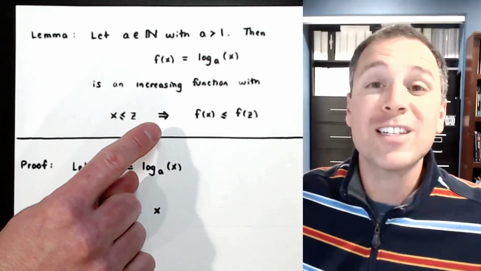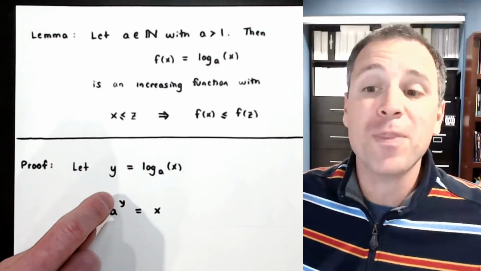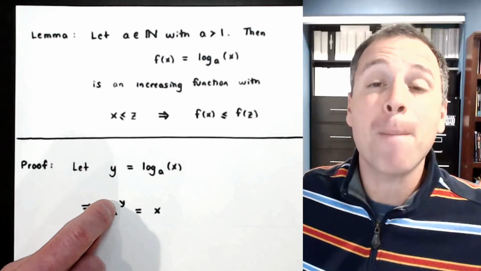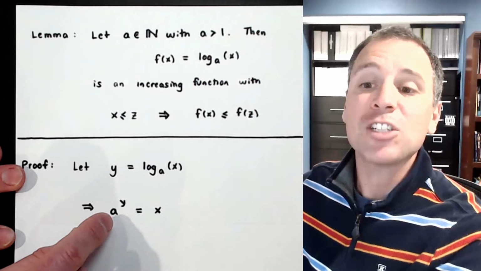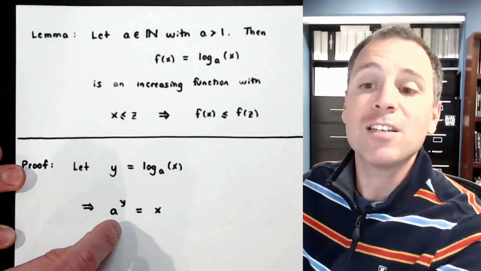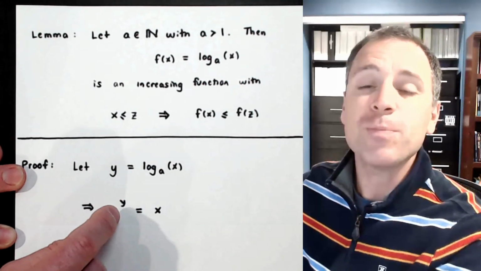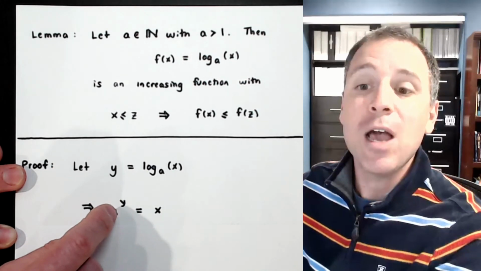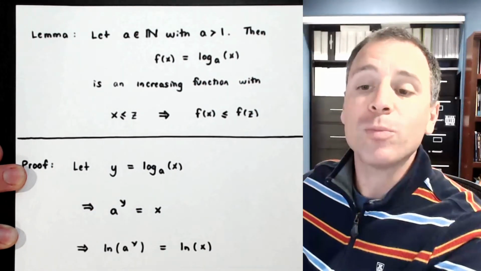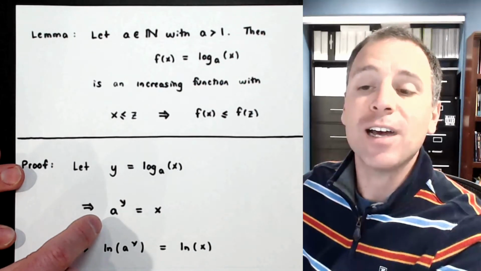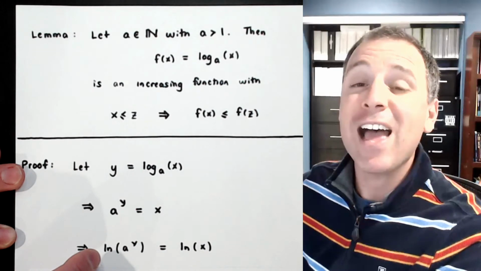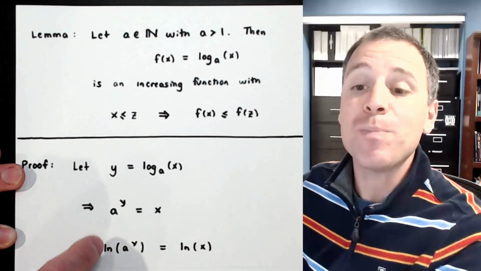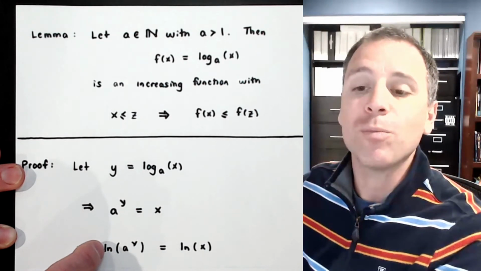Remember, the whole goal of this justification is to show that the derivative of y is a positive number for all values of x that we're interested in. So we'd like to actually differentiate both sides of this. Taking derivatives of exponents is actually not so easy, but remember, if we were to do some algebraic simplification and apply the ln function on the left-hand side and the ln function of the right-hand side, the derivatives of ln's are a little bit easier, especially when we're looking at some of the algebraic simplifications here.